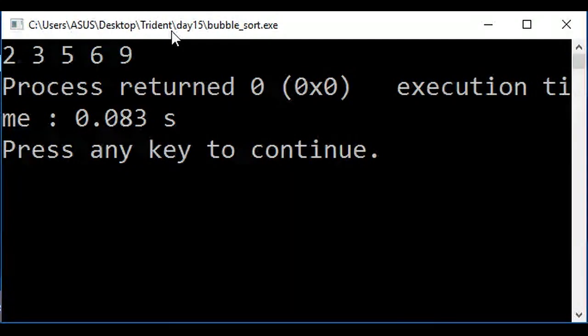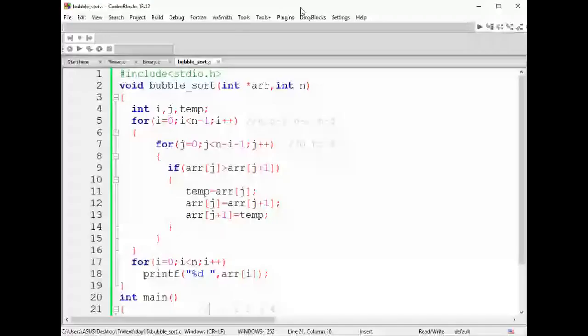Guys, is this clear? Your data has been arranged. Whatever input you're passing, everything will be arranged by this algorithm. The only thing is you should know from which end your data is being arranged, either from your right end or from your left end. The data will be sorted from your right end. So you should find out this logic, that is nothing but n minus i minus 1 is the logic behind your bubble sort, that the data is sorting from your right end.